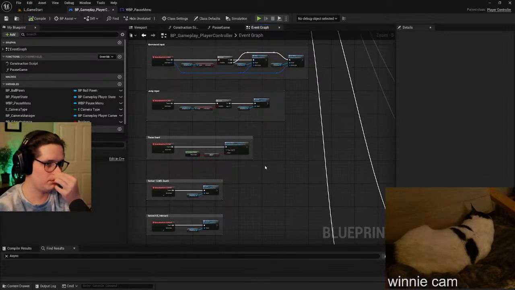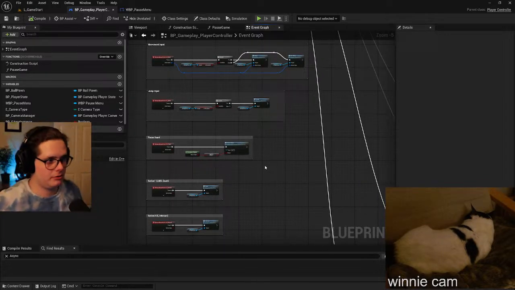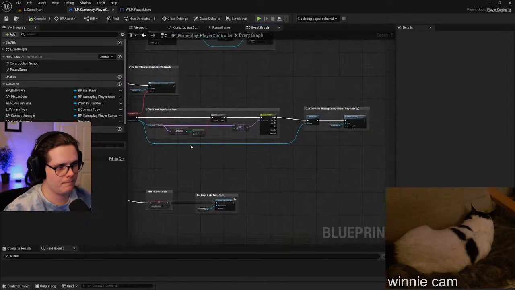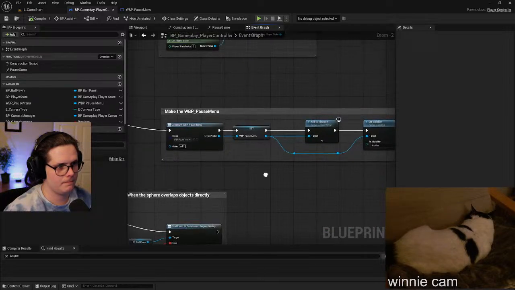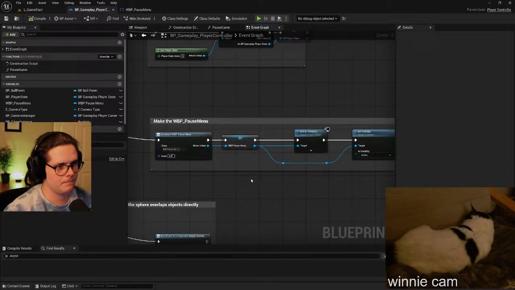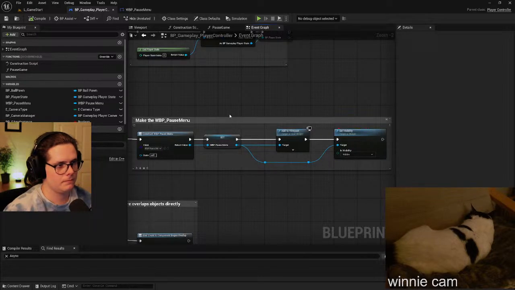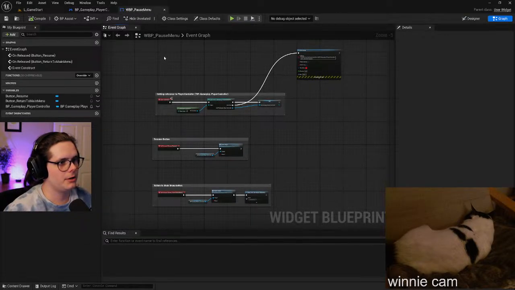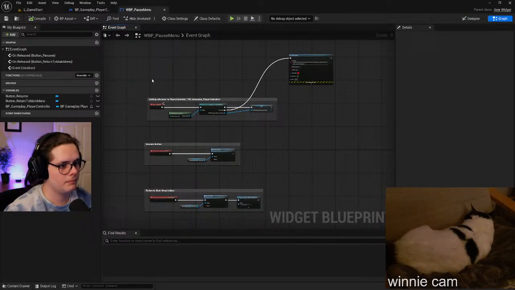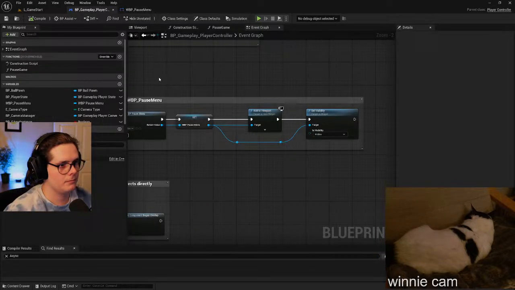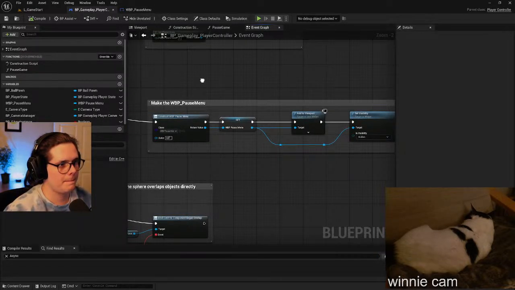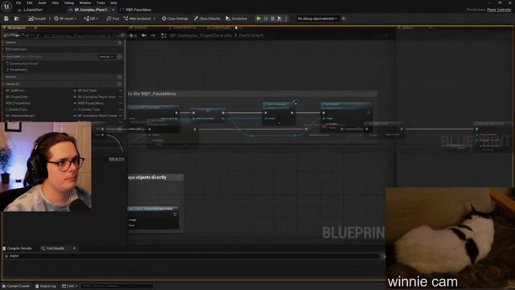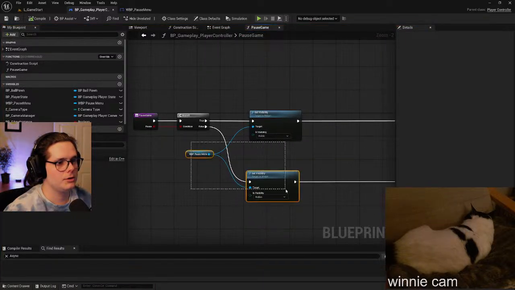I think it's fine that the player controller pauses the game, but and then we need to get a variable from it. When we pause the game, we need to